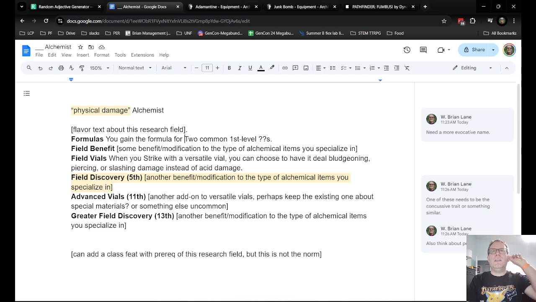Okay, let's double check on research field here. Add these formulas to your formula book at first level. Okay, so you can talk about add or you can talk about gaining. Formula for junk bombs. And one other,